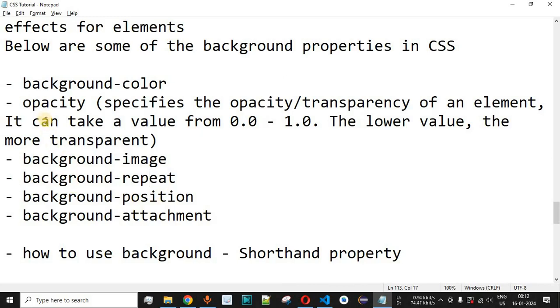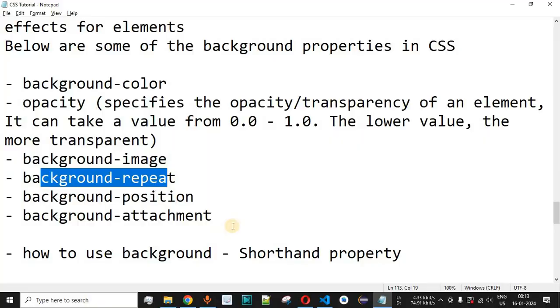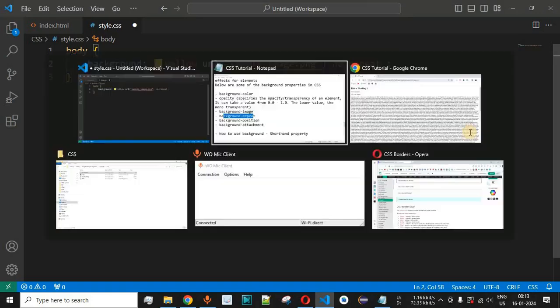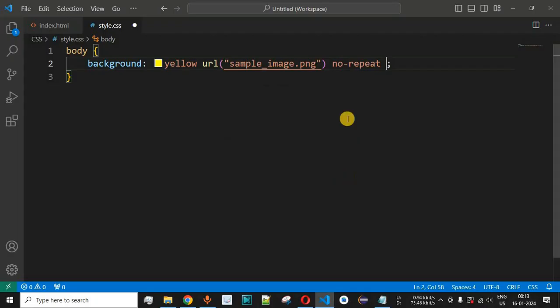In case you don't want to mention any of the values for a specific background property over here, then you can ignore that property and move to the next property. So over here background repeat is the next property. So simply we can provide no-repeat in this case, which is one of the values for the background repeat property. Next, after the space we are going to keep the position again as top right over here. So we simply have to provide right followed by space, and then we have the top keyword in this case.